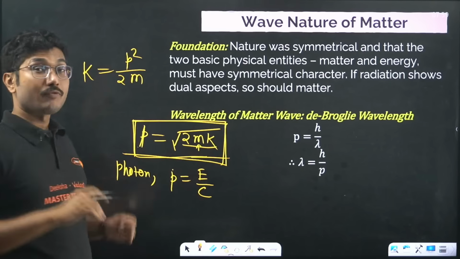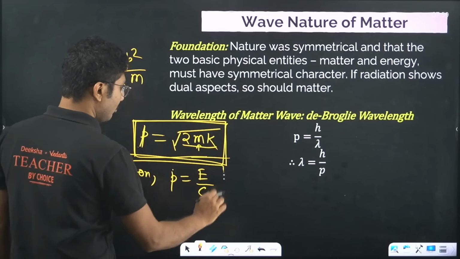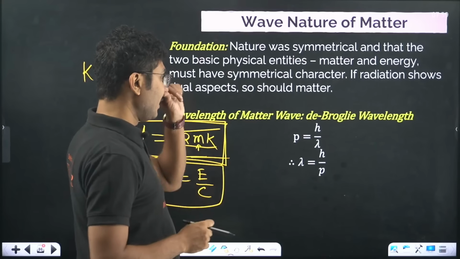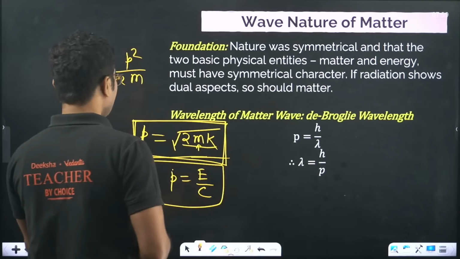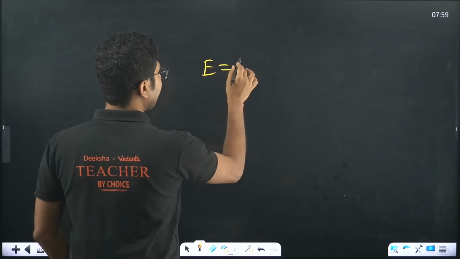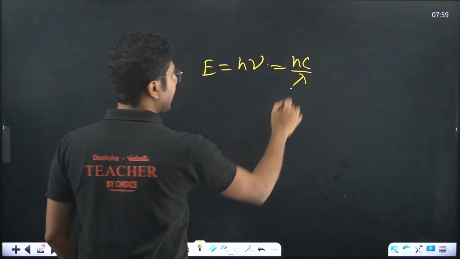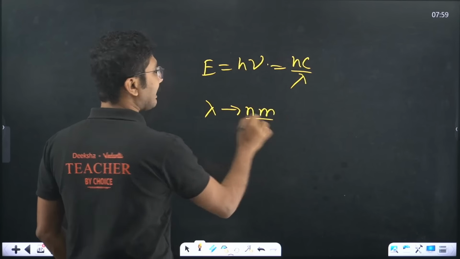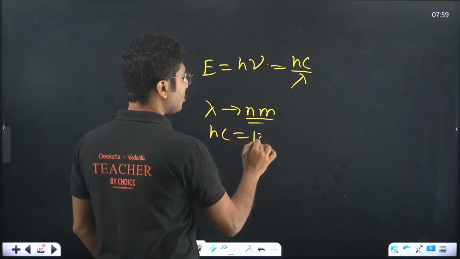And for a photon, the momentum is E by c. In some cases you may require the formula that the energy of a photon is given by h nu, which is hc by lambda. Lambda will be given in nanometers. In that case you can use one shortcut trick: hc equals 1240